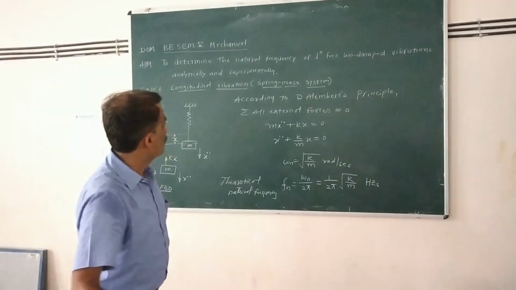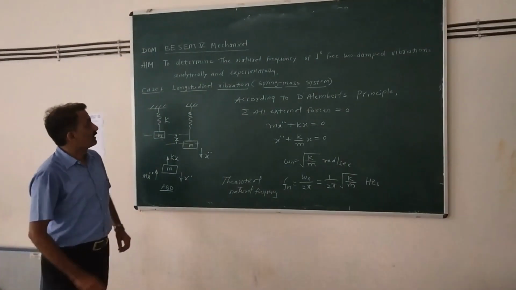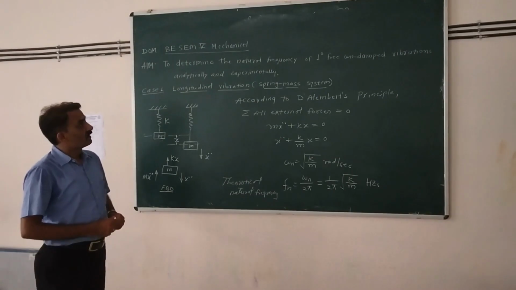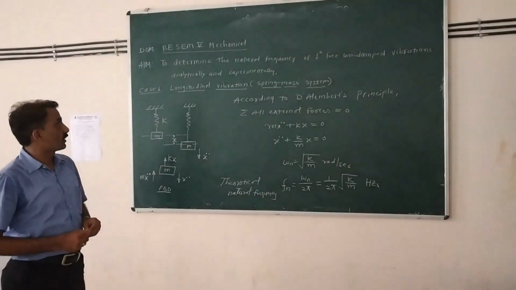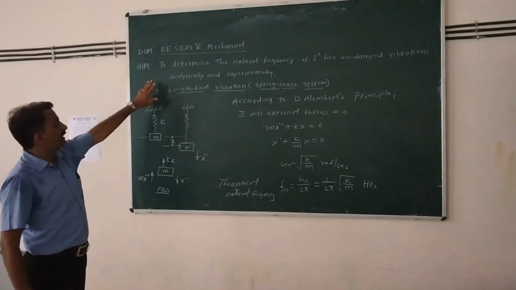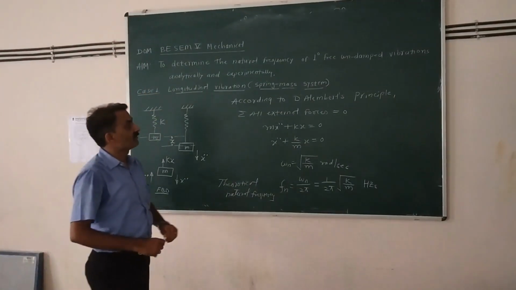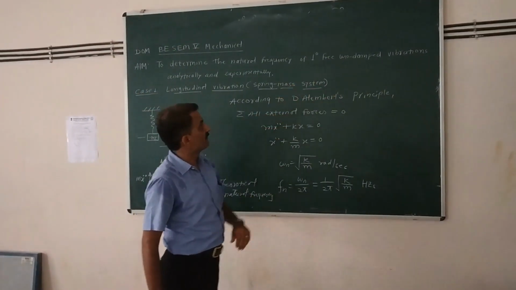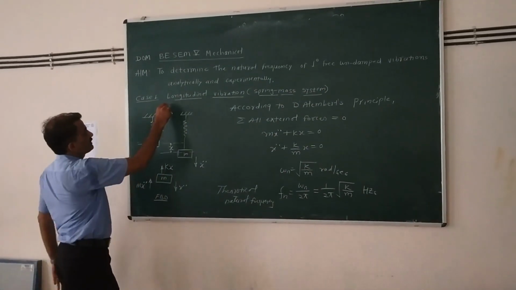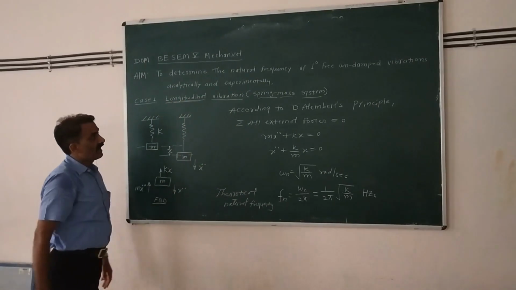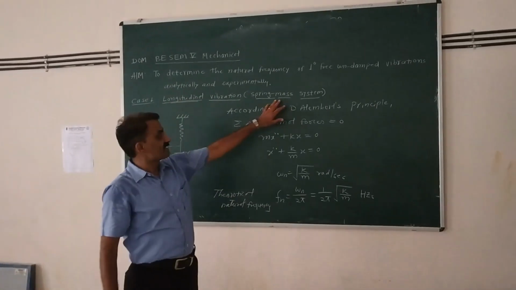Today we are going to discuss how to calculate the natural frequency of free undamped vibrations experimentally and theoretically. So the aim of the experiment is to determine the natural frequency of single degree free undamped vibrations analytically and experimentally. Case 1 is for the longitudinal vibrations, and for the longitudinal vibration the case taken is a spring mass